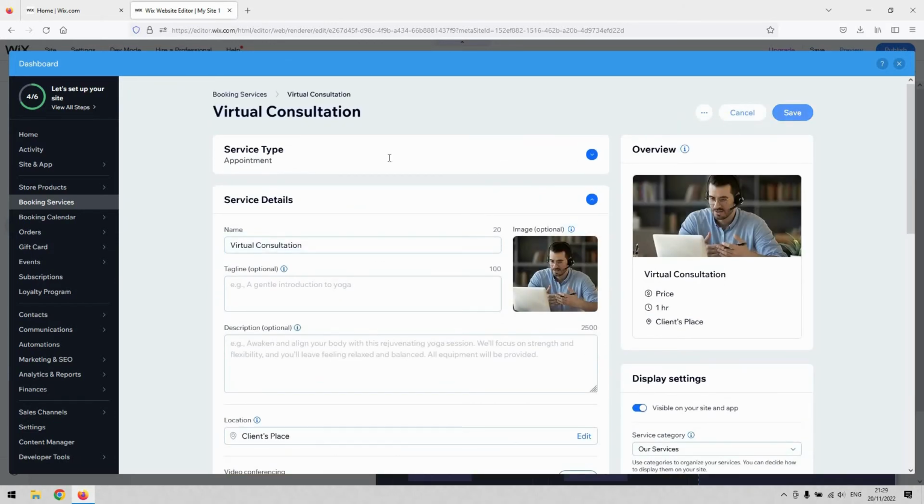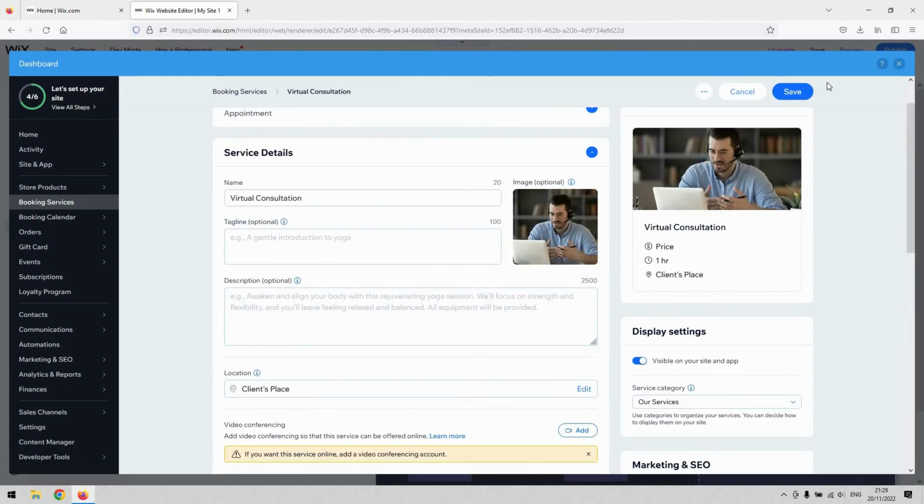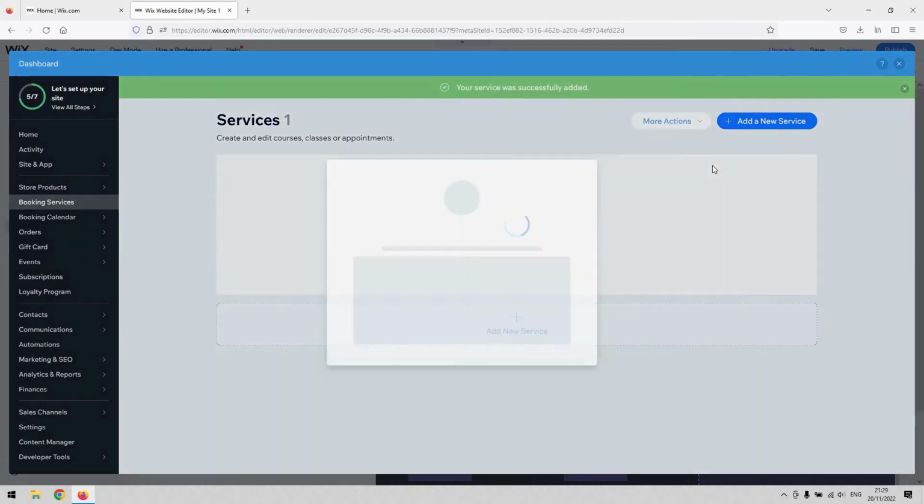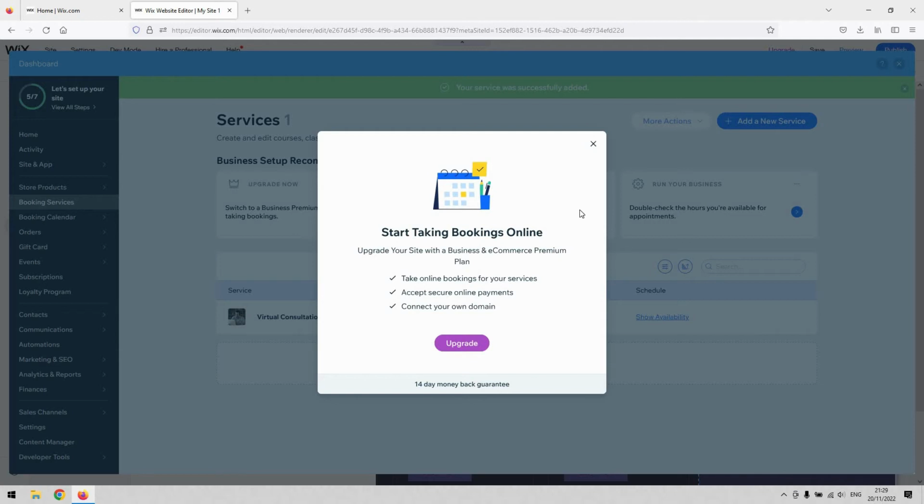Yeah, so that'll cover it for now. Obviously, most of those fields are kind of self-explanatory. Yeah? I'd imagine you could do that. So once you hit save, that'll successfully add that as a service to your site, and you can start